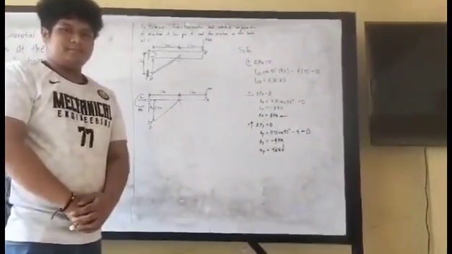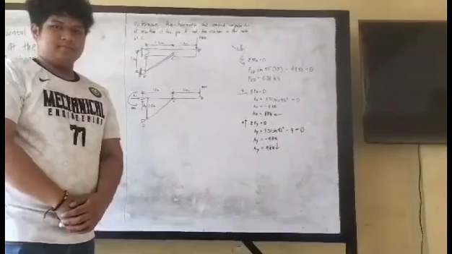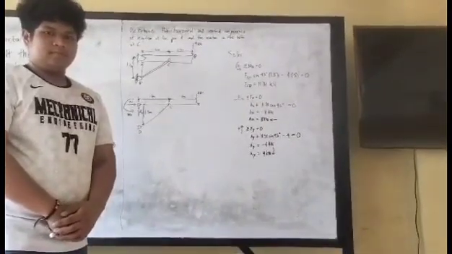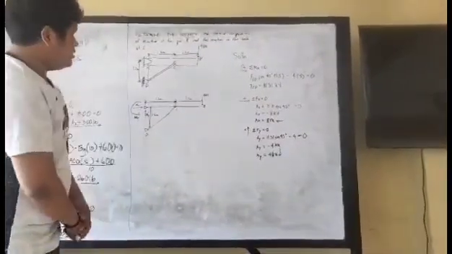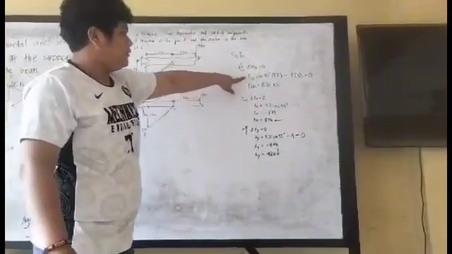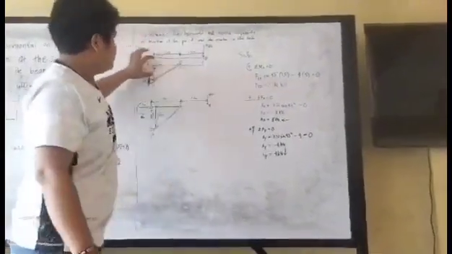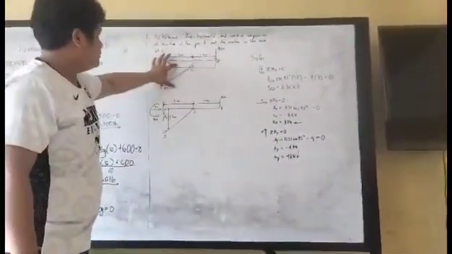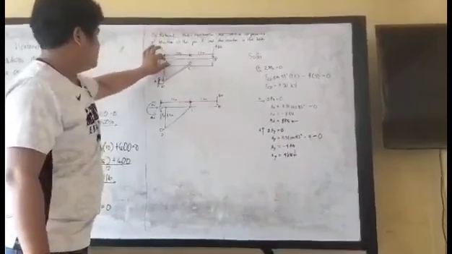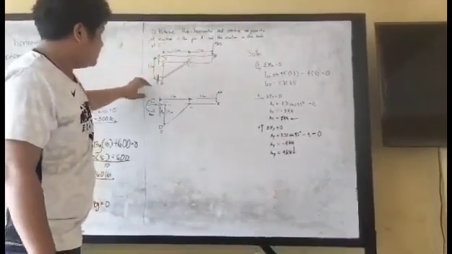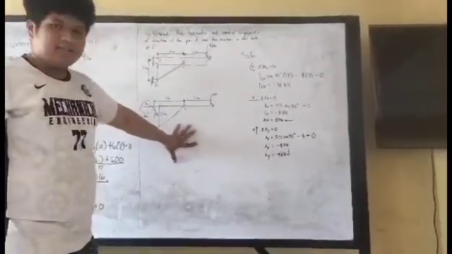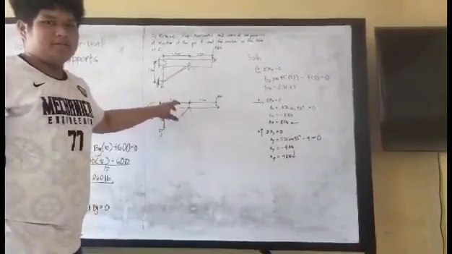So why did you use sine 45 degrees at FCD, moment at point A? Question. We use the 45 degree angle since it is a right triangle. Notice that the length and the distance are the same. That's why the angle is 45 degrees.